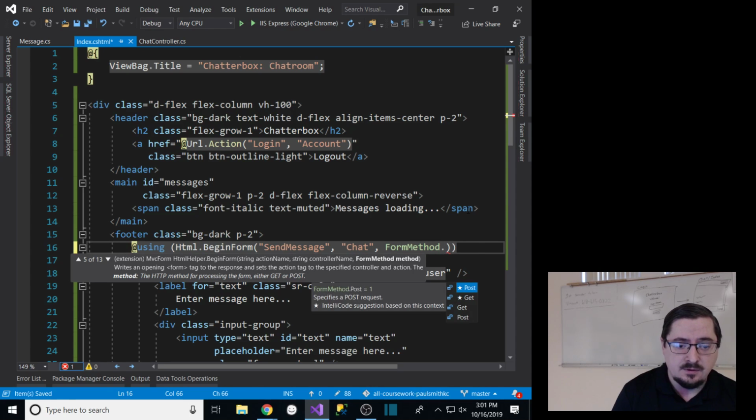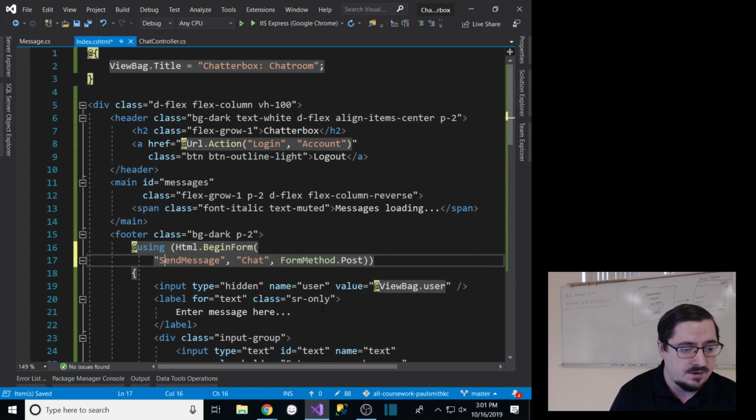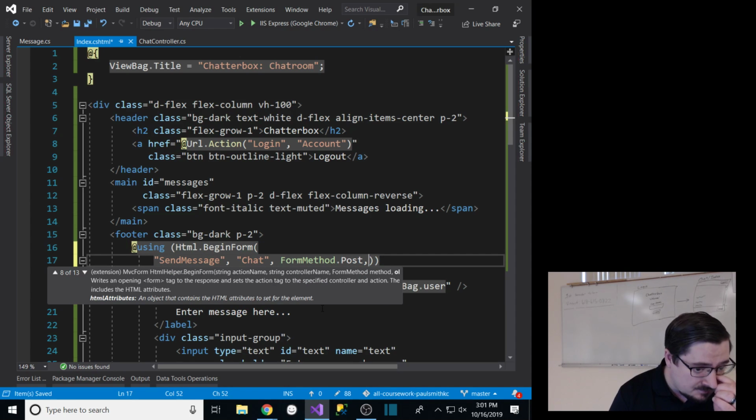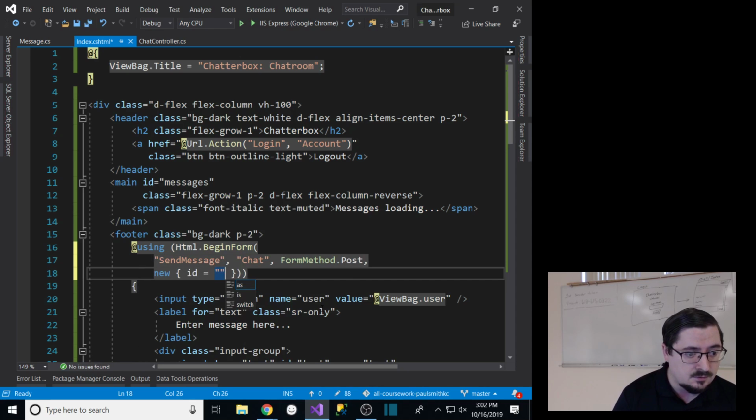So I need to fill in a few more properties on the form so I can get down to the HTML attributes. So form method, there it is, new ID is equal to